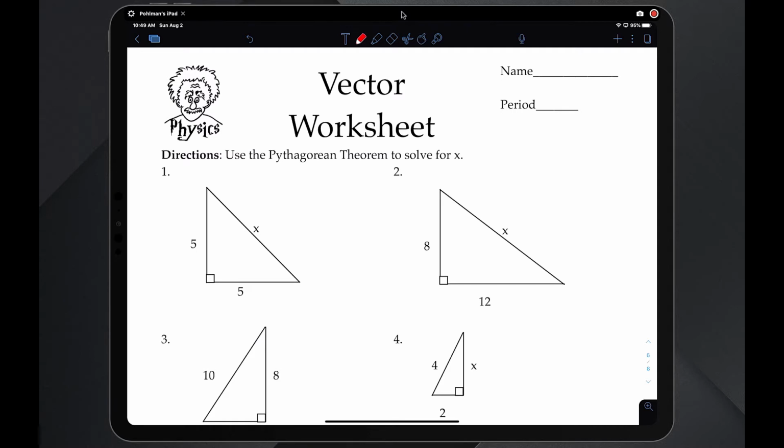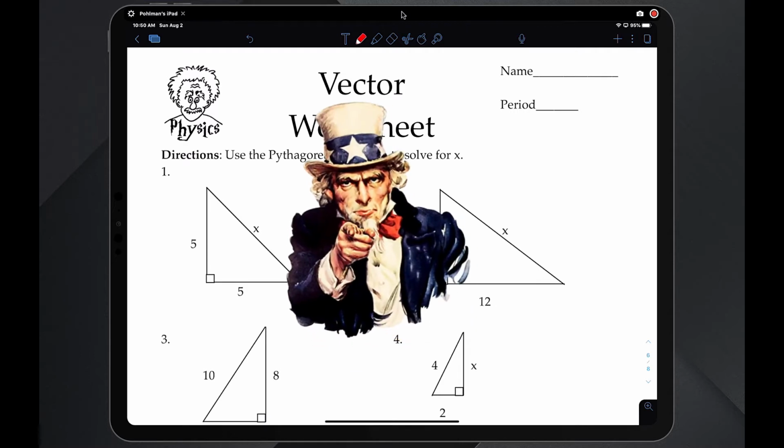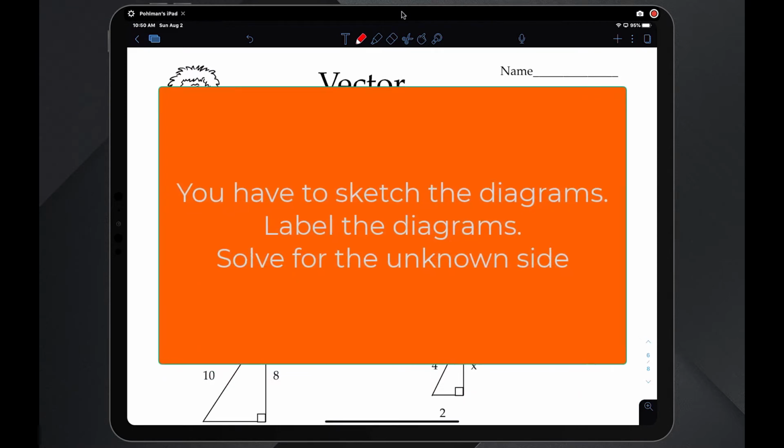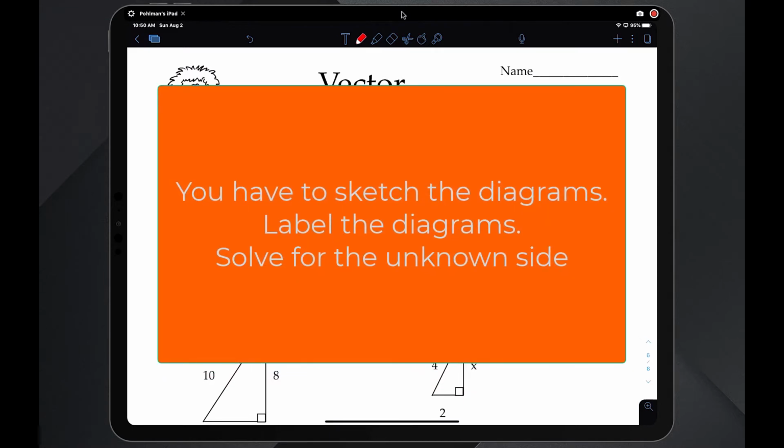Hello students, in the last lesson you learned how to properly identify the different sides of a triangle. Now what we're going to do is solve for an unknown portion of that vector diagram. Everything that you see on the screen you have to write out. Just sketch out the diagram and then show your work on how you solve for